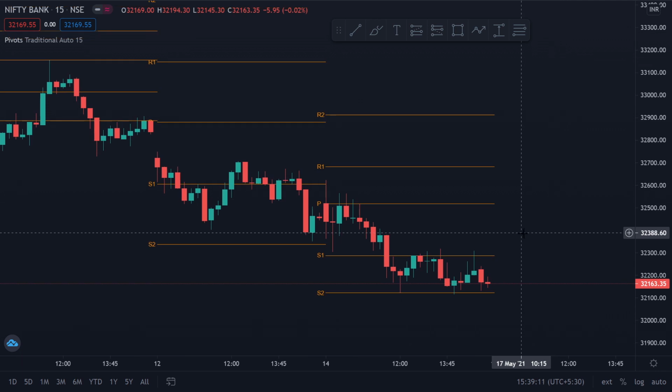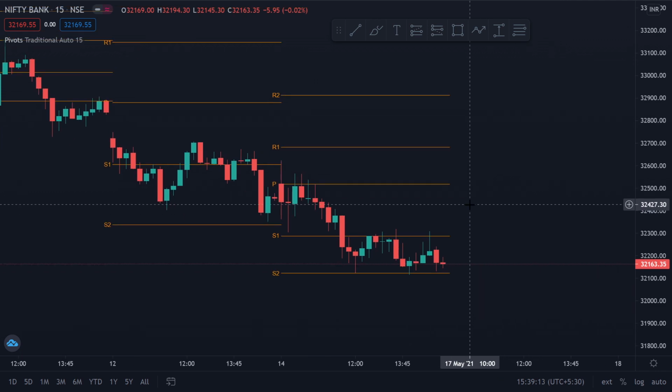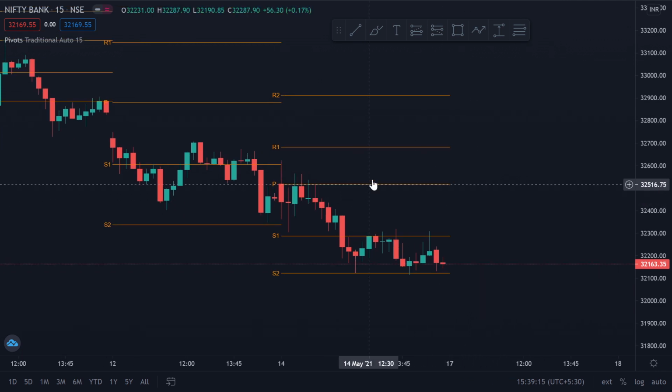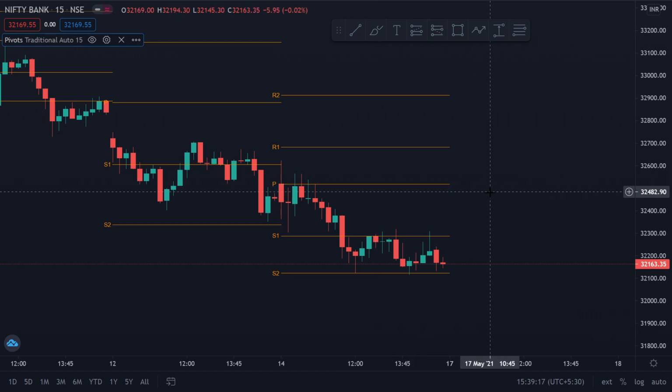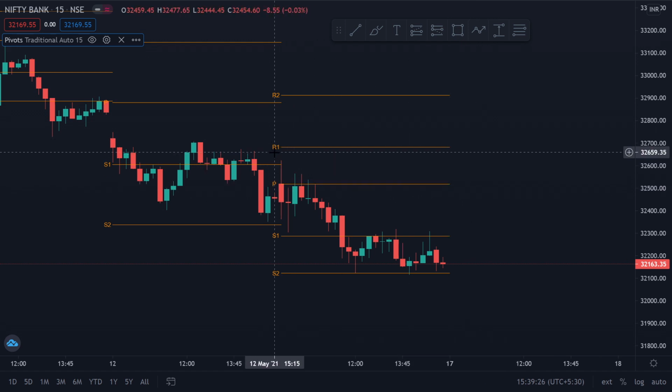And now, how are these used and what is the significance of this? This is the main point, right? So pivot points are just important areas in the market, important prices in the market, which act as supports or resistances. So R1 here, R stands for resistance obviously, and S1 here, S stands for support. So these act as important supports and resistances.